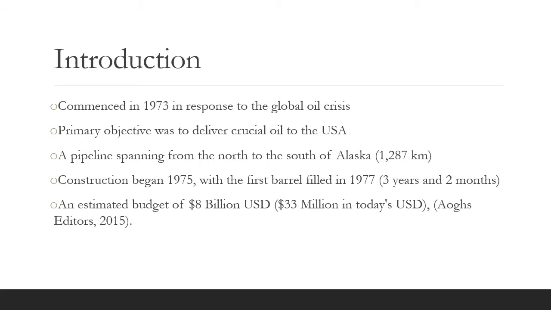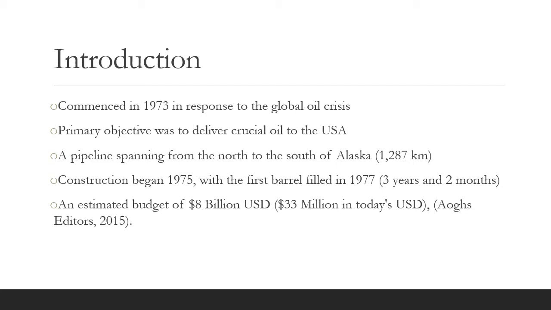The project was commenced in response to the 1973 global oil crisis, which saw oil prices increase up to 400% after the Organization of Arab Petroleum Exporting Countries banned trade globally. The project led to the formation of Alaska Pipeline, a company which would oversee the design, build, maintenance, and continuous